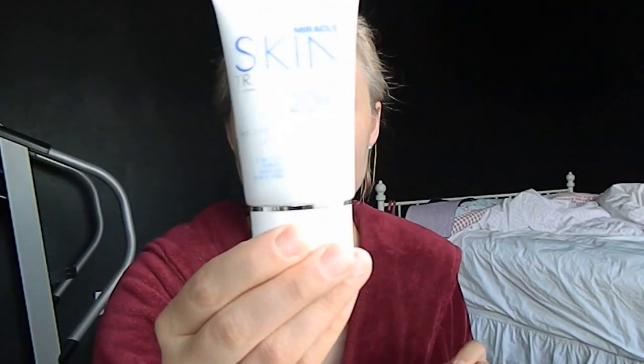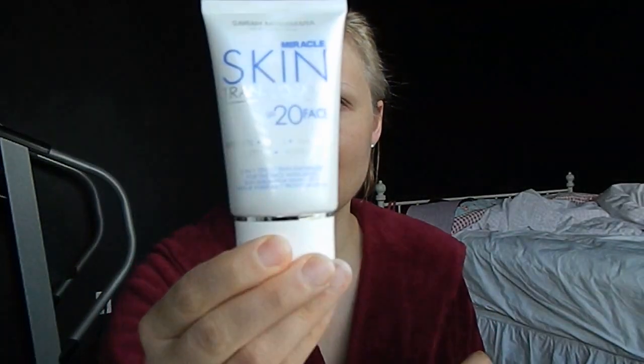Hey guys, it's Melanie. So yesterday on Instagram I showed a little bit of my Costco haul, and one of the items that I purchased at Costco yesterday was the McNamara Miracle Skin Transformer, and this has SPF 20 in it. So I have actually purchased this before in the past and have gotten several samples of it, and I